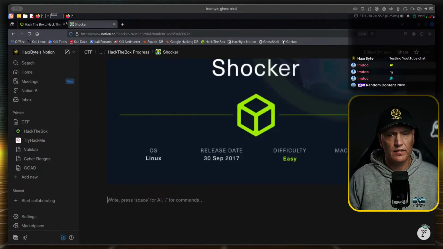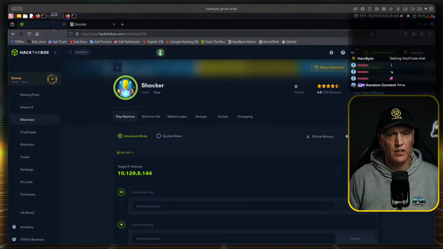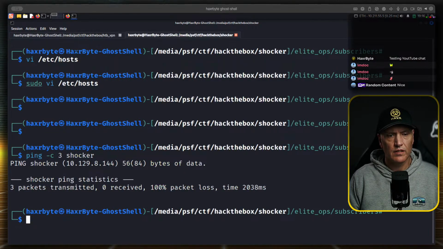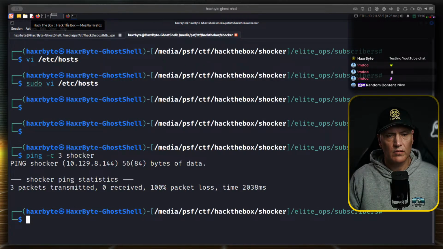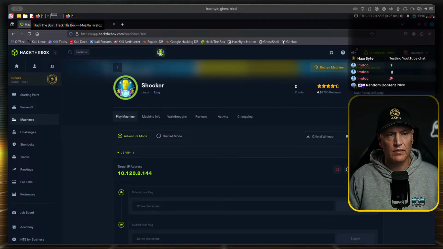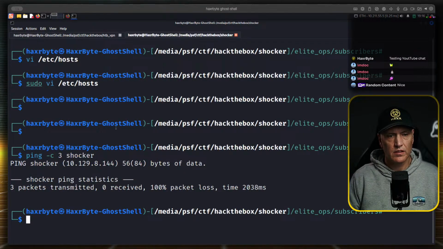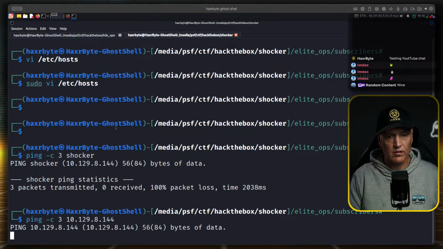Not working. Did I paste the wrong IP? 44. That's the right IP address. Says the machine is up.